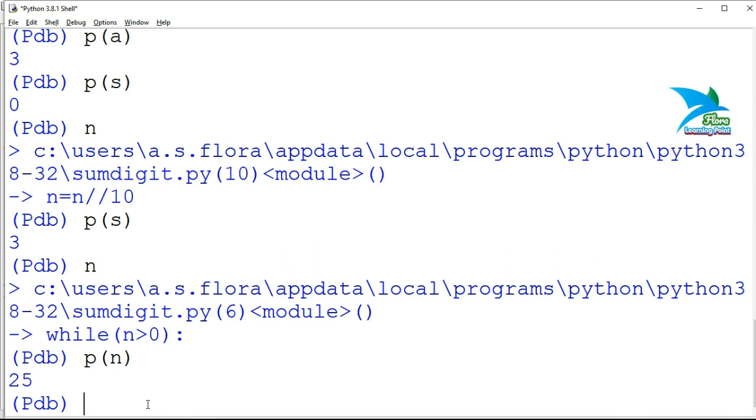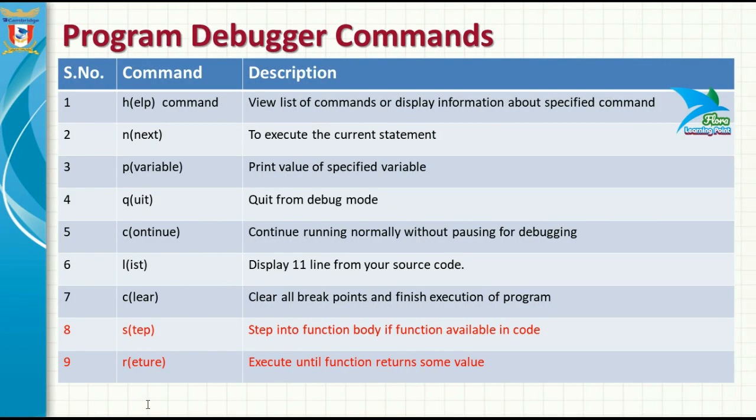If some wrong value occurs according to your specified value, then you will be able to catch that particular bug, or logical error, from the program. And after catching it, you will be able to make a correction in the logic of that program. So that is all about debugging.